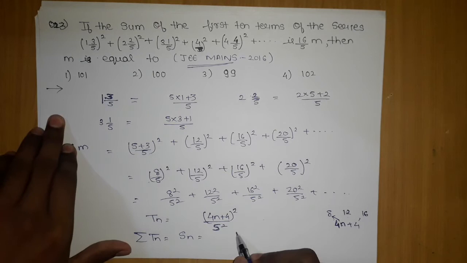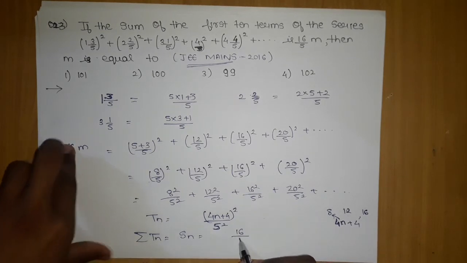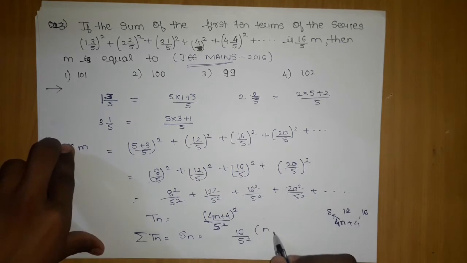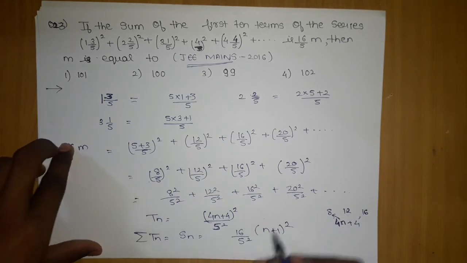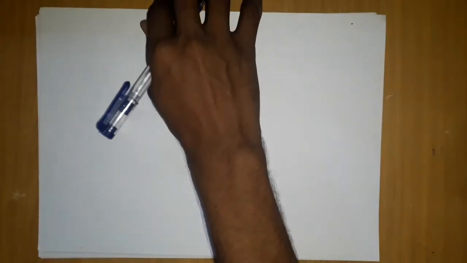If we can simplify it further by doing one simple thing, keeping 16 outside and 5 square outside, I will be left with (n plus 1) the whole square. Okay, this is our Sn summation. Now if we simply solve it further, what we are left with